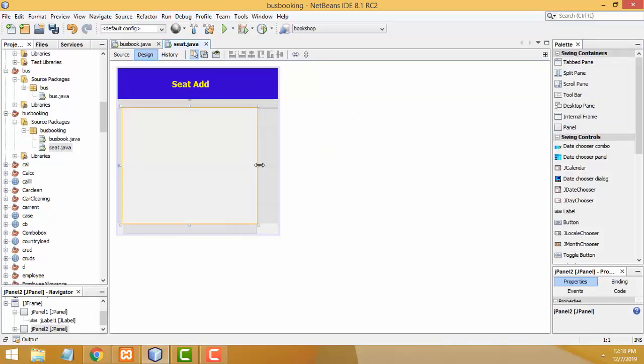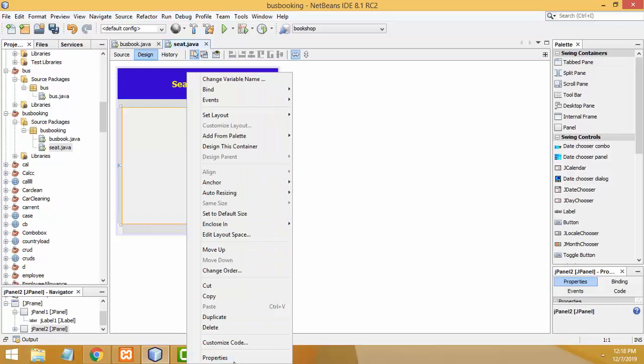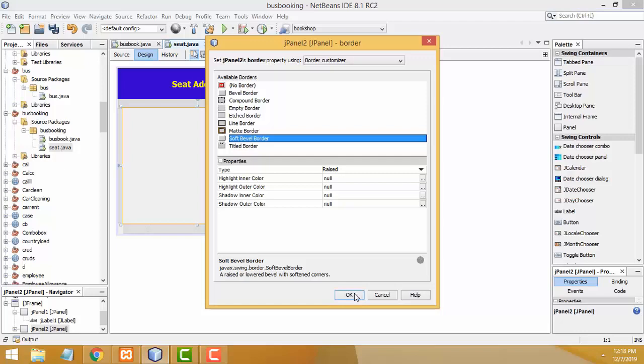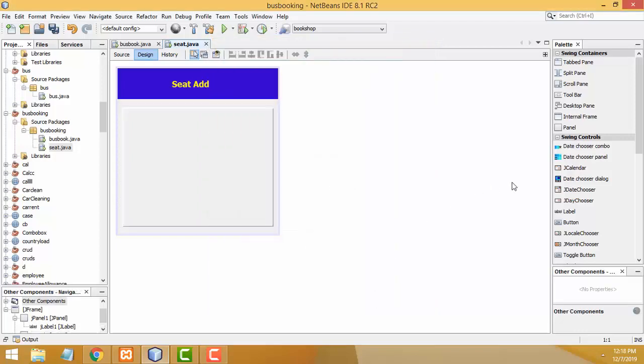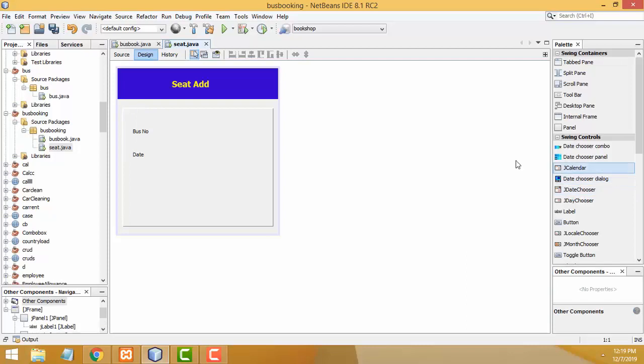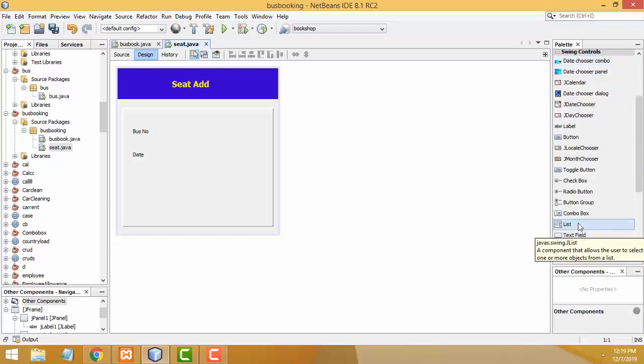This one should be, select the panel, right click, properties, border property, soft bevel border, click OK, right. Drag the labels, bus number and date. This is a bus number, date. Here I drag the bus number, I drag this one, combo box,